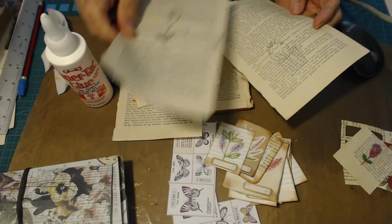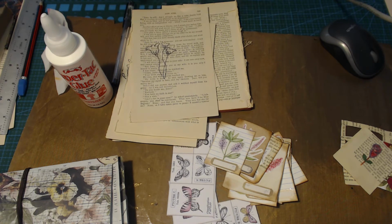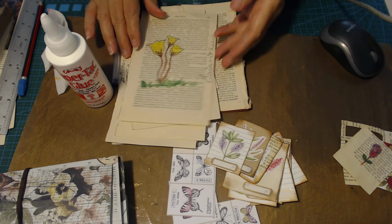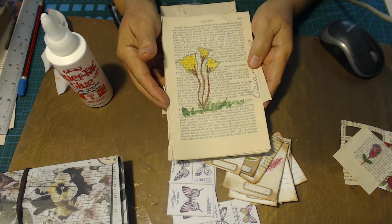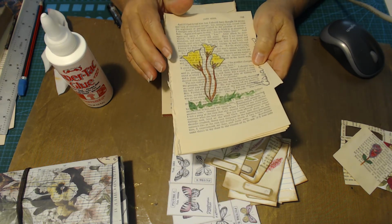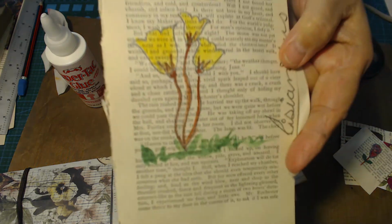So I will colour all of them in and use them. There's no use not using them. So just practice your line drawing on some book pages or anything, any paper, any coloured paper you don't like. You could do that, some line drawing. So there's my